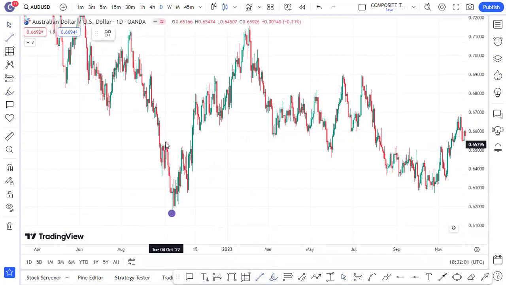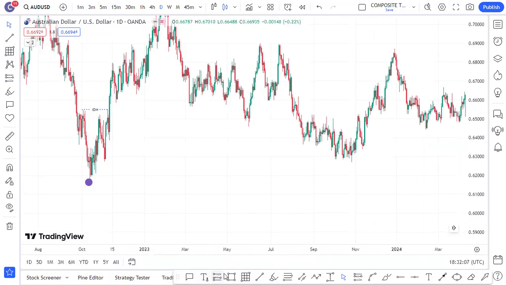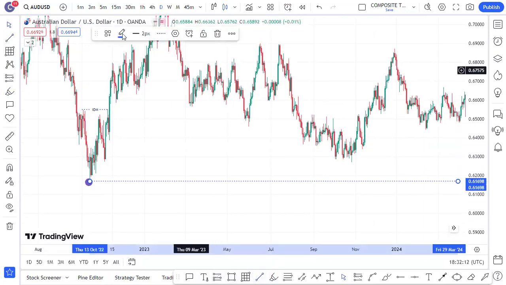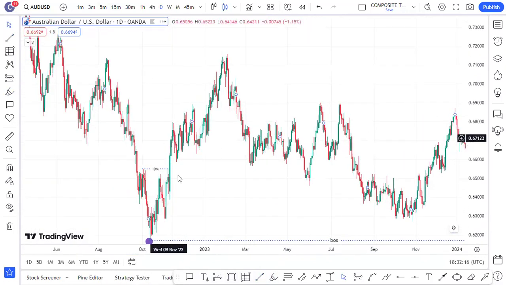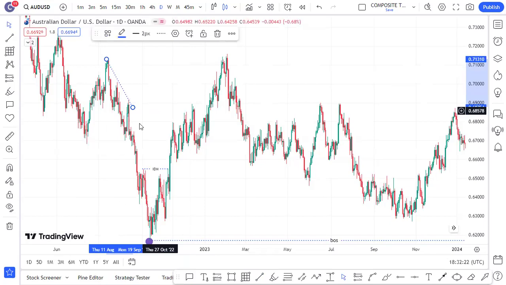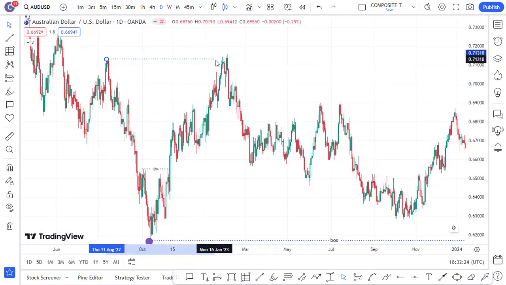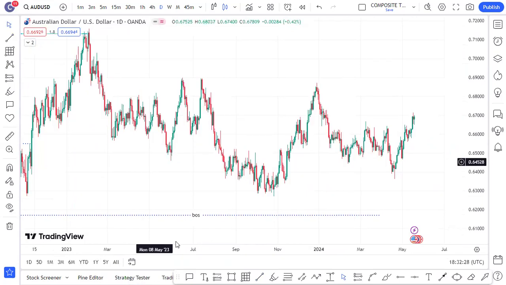This inducement here. We had this inducement, then we failed to break to the downside. As you can see, this was supposed to be the breakout structure here. Now, once we failed to break the structure, the market took out what we call the trend line liquidity here. Trend line liquidity, or we can just say sell side liquidity, being taken out on the pair, been pushing to the downside ever since.